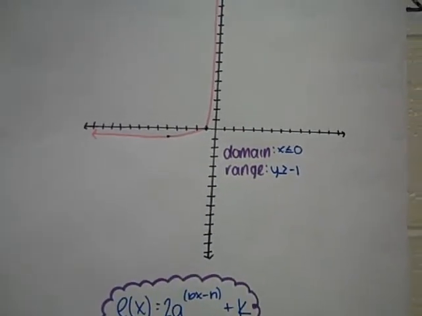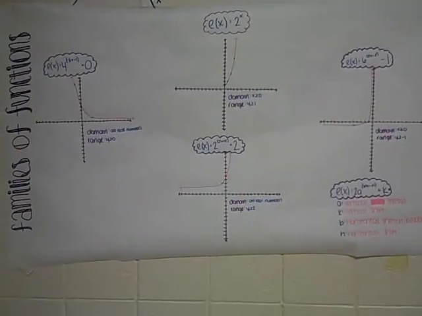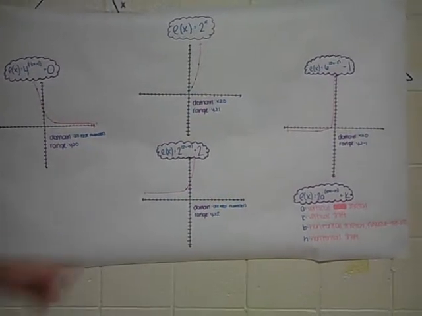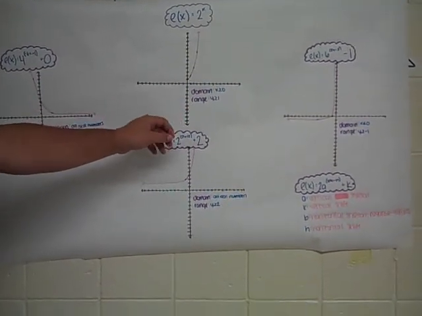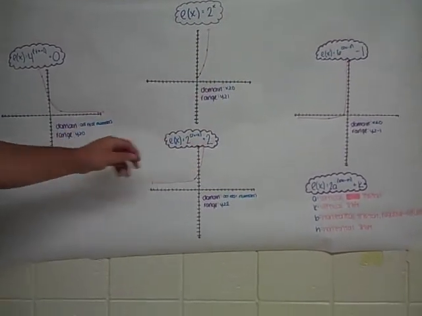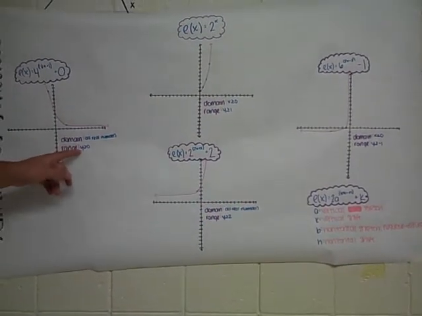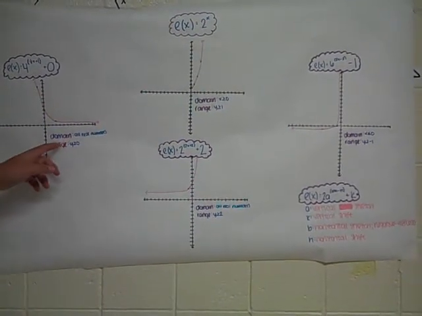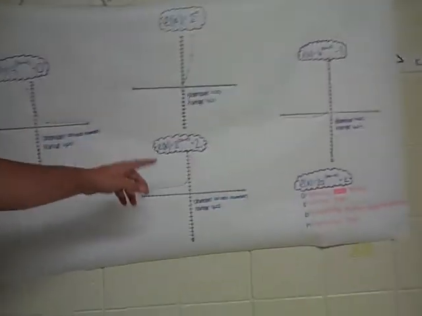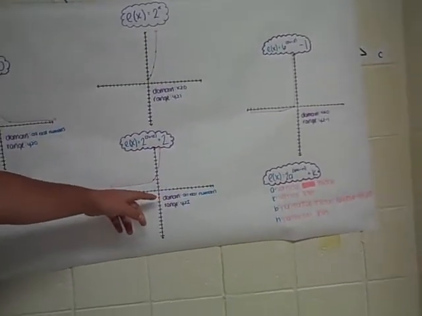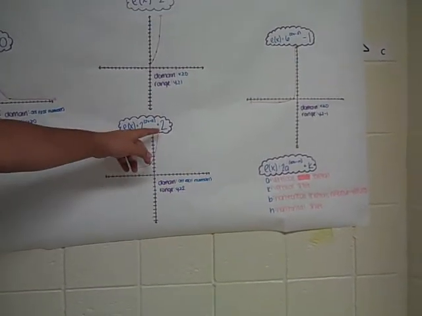The domain and range in the parent graph will usually be x is greater than or equal to 0, and the range will be y is greater than or equal to 1. In example 1, the domain will be all real numbers and the range will be y is greater than or equal to 0 because k was 0. In number 2, the domain will be all real numbers and y will be greater than or equal to 2